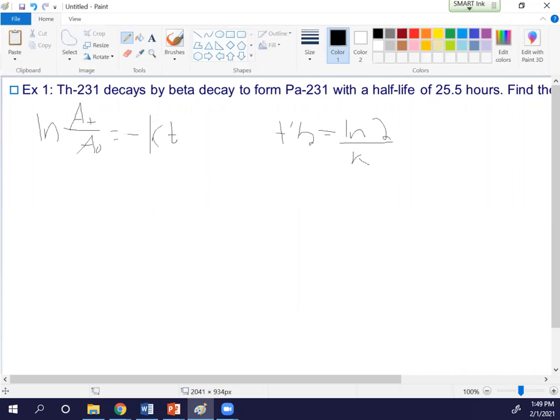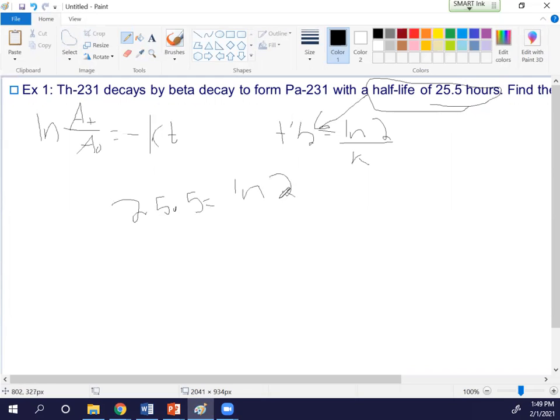What equation do you need, the left one or the right one? Probably the right. T1/2 equals ln2 over K, because I'm giving half-life, aren't I? Giving half-life. So T1/2 is your half-life. So we know that 25.5 equals